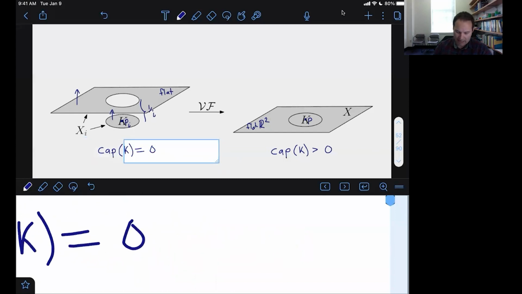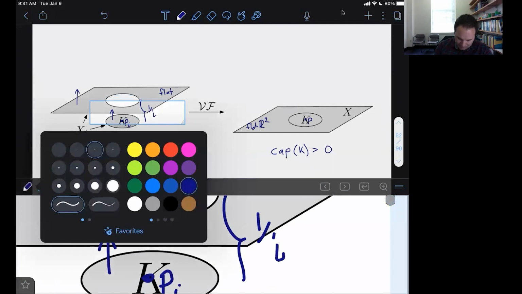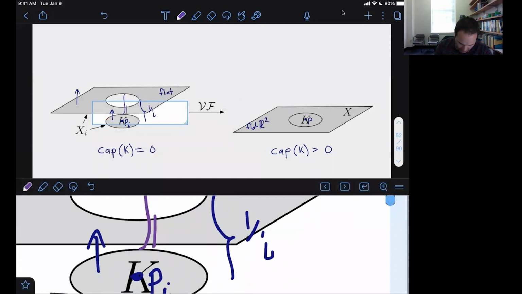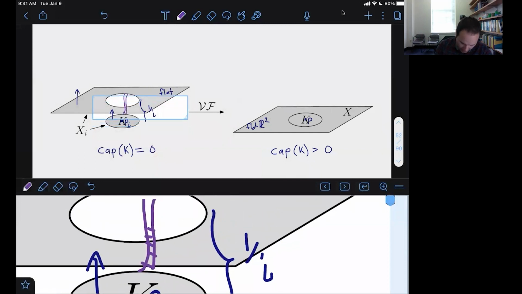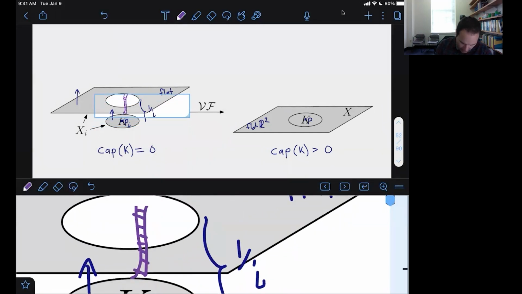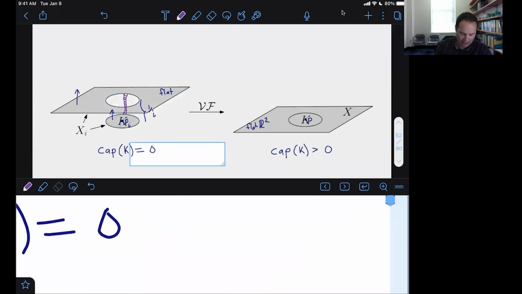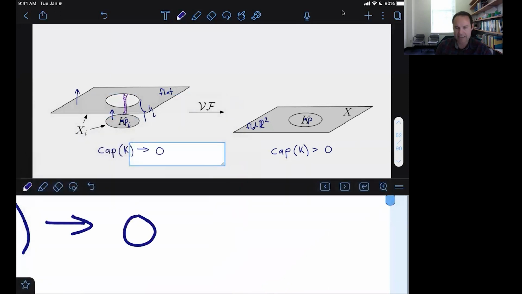So you can get the capacity being 0, 0, 0, 0, 0 for the sequence, jumping up in the limit. If you don't like how this is disconnected, you could join the disk up to the rest of it with just a thin bridge or a thin ribbon. You might have to make it very thin as you do that, but as you connect those, you'll get capacity not 0, but capacity that's going to 0. So you can still see that jump, and it would still be connected.